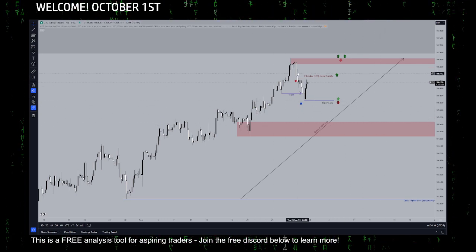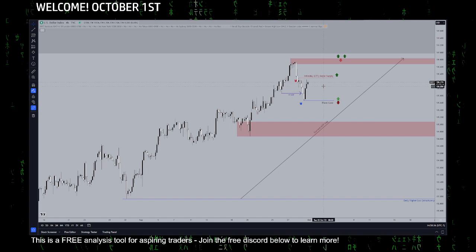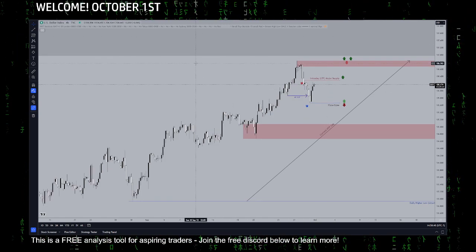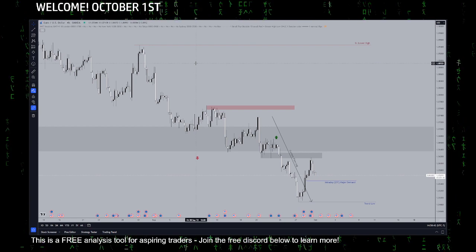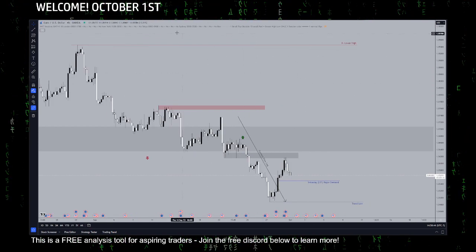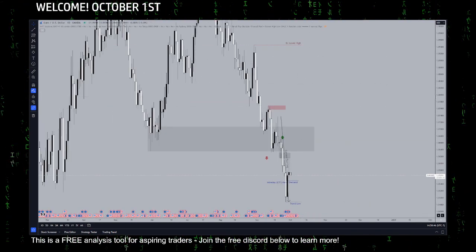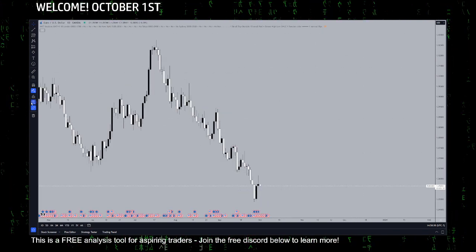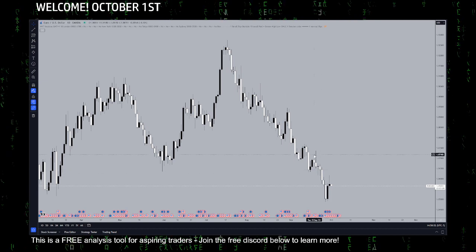And you can do refinements of these levels or whatever you see fit on your own according to your trade plan. I'm going to move into EURUSD. Have a couple of things already marked out for you here. We'll expand upon these thoughts a bit as well, but overall, we can see that we had this extension to